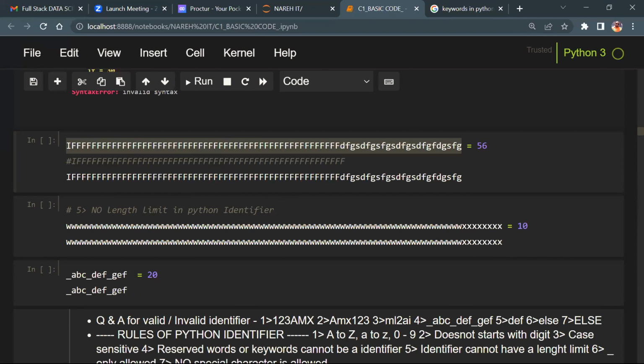Let's say, do you know this, guys? OTP. Every time you receive an OTP, it is 3-digit or 4-digit, or not? You can also receive a 24-digit OTP, but when you type 24, the session is out, or not? You understand or not? So there is no length limit to assign an identifier, but you need to call the value with the same identifier. That would be a problem. If one letter is missed, you get a bug, you get an error.